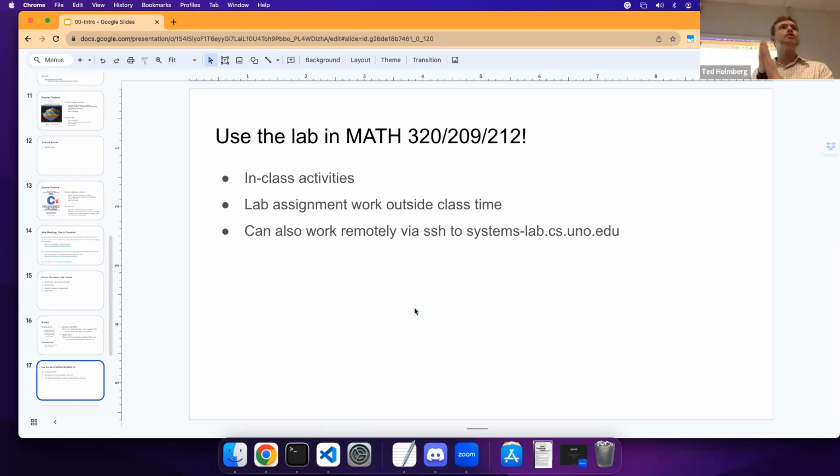Now, you can do your submissions almost anywhere. You can do your lab work almost anywhere. You can use this lab if it's available. You can use the labs downstairs, 209 or 212. They all have thin clients that talk to our data center and give you access to the workspace that's already pre-configured. You could download